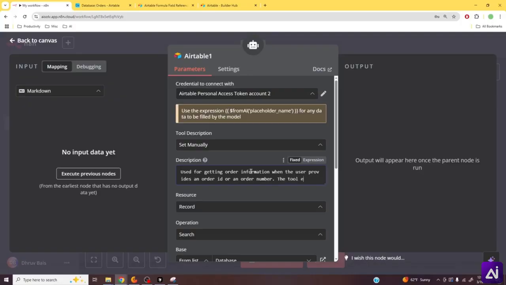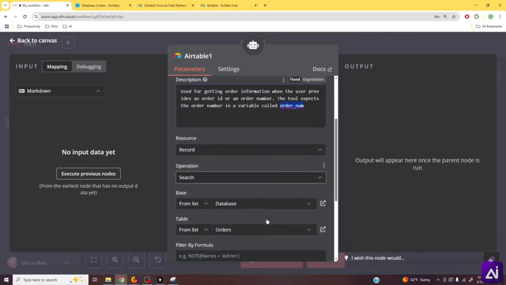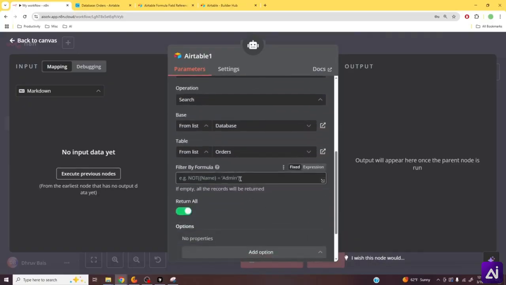The tool expects the order number in a variable called order_num. Okay, so we have our variable order_num, and now we can utilize this inside the filter by formula